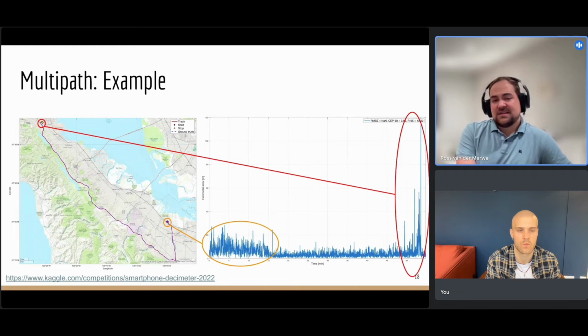And there are ways. I do have data where I did some applications trying to minimize this, but I think that will be a very long detour discussion about multipath mitigation. But now we know a bit about multipath and what it looks like. Where does ML fit in here?